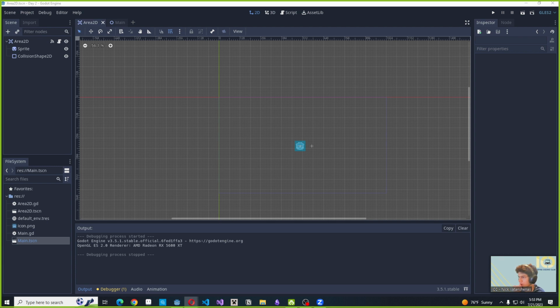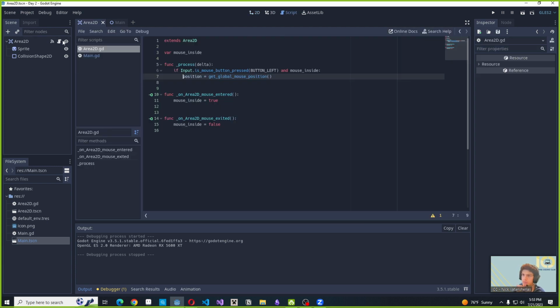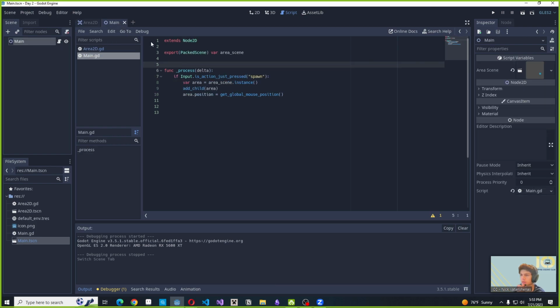Okay, so let me show you guys some cool things you can do. I'm gonna think really quick. So what you can do with this is you could make kind of like a drawing app. So I'm gonna change this from just pressed to be